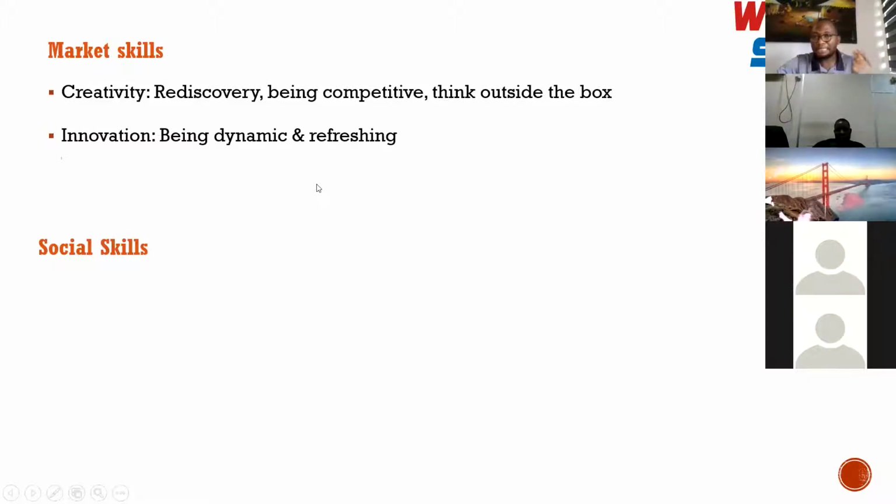And also creativity and innovation work together. They are interlinked. Innovation continues to improve creativity and its application. So as long as you have a lot of people that you're trying to satisfy as an entrepreneur,